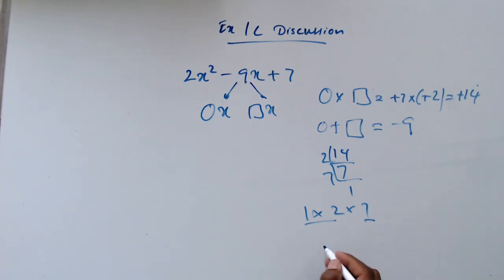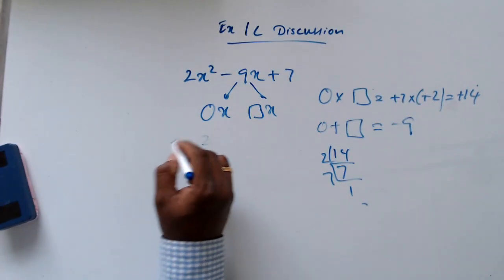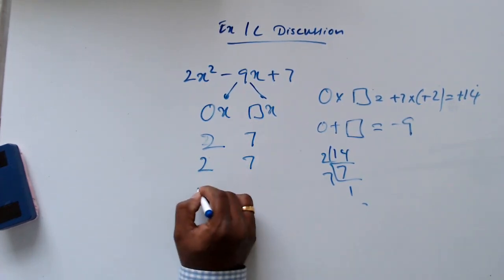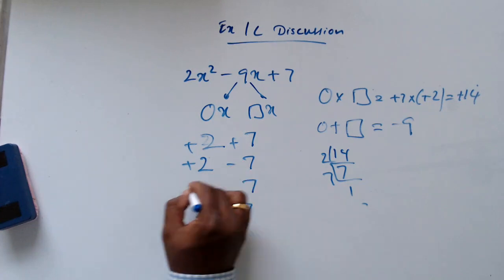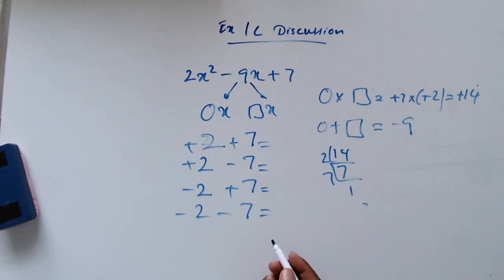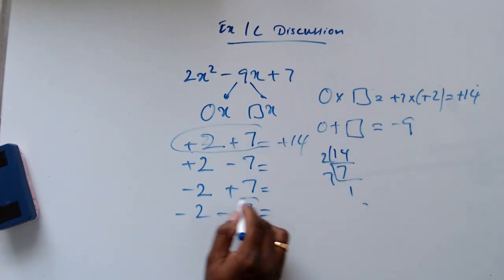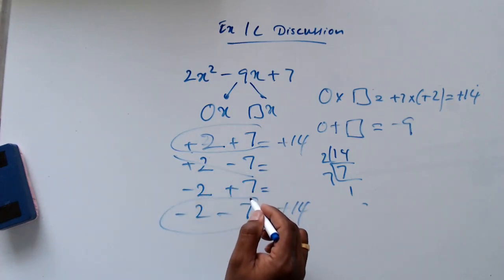So when I take 2 and 7, this is the option. I have a few options with 2 and 7: plus plus, plus minus, minus plus, minus minus. And out of these, we want plus 14. So this is the only option where the multiplication is plus 14: minus 2 times minus 7 is plus 14. Those two options